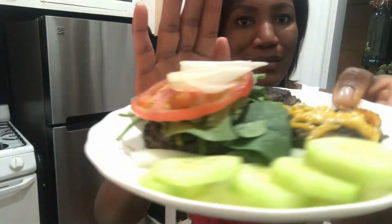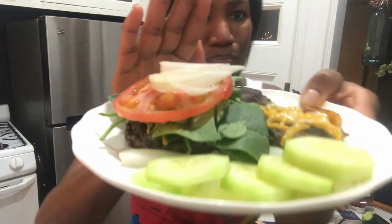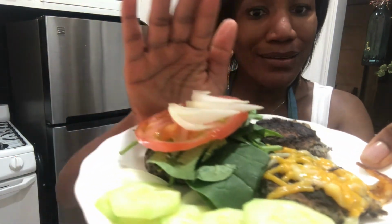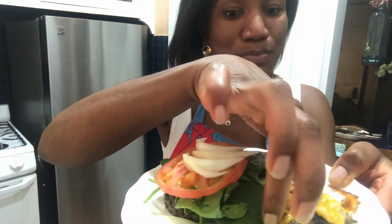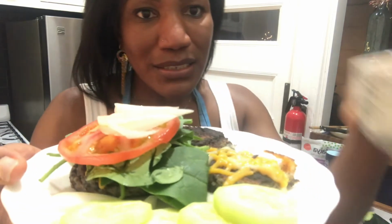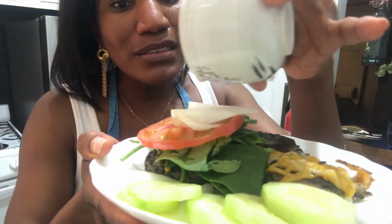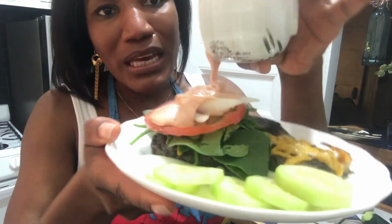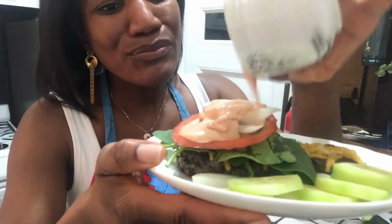Look at these vegan organic black bean burgers. Doesn't that look good? But what I'm gonna do is put this burger on the very top. I'm gonna show you. So I'm gonna add the sauce. I like to pour things on. Ugh, make it nasty. Oh yeah, make it nasty. Okay,